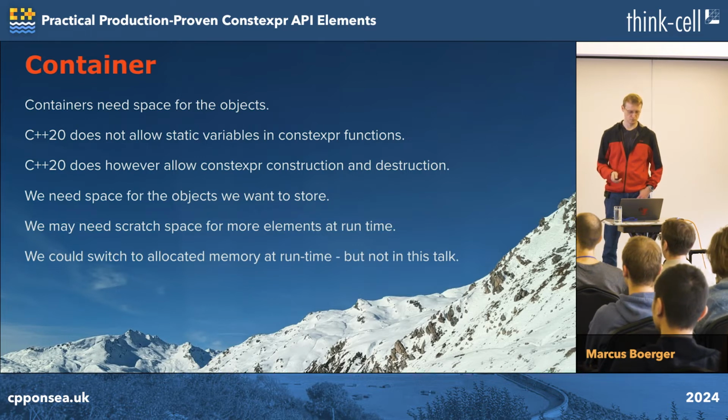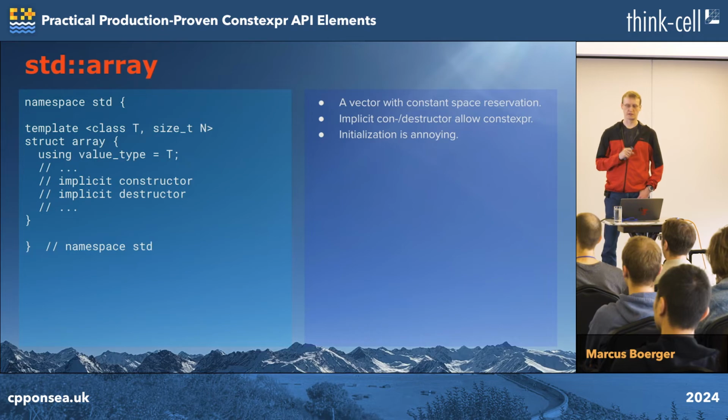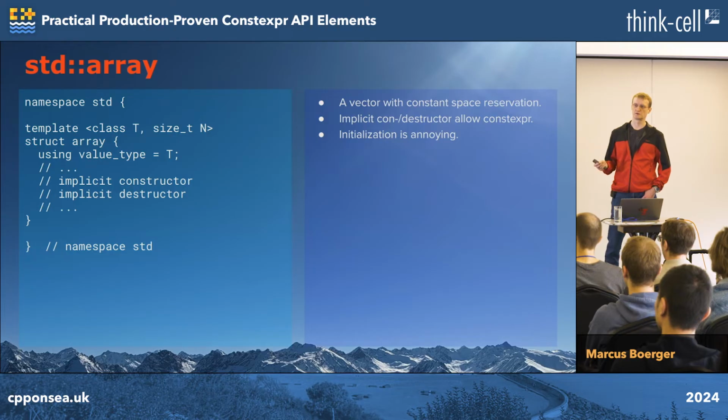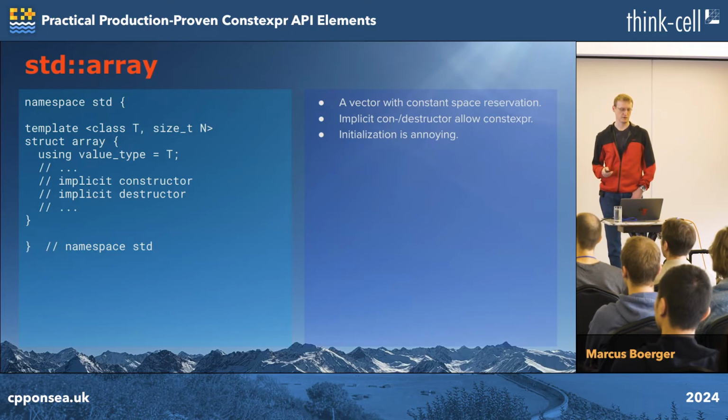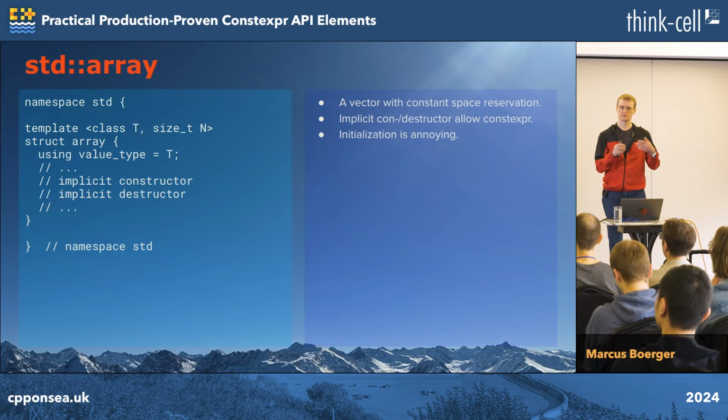Standard array, the first constexpr container that fully works. The interface is roughly like you give it a type and a size, and it has an implicit constructor and destructor. It can do crazy stuff, and they all suck. The one thing you want to know, there's a helper function coming along in 20 named to_array, and that allows you to take your list of values and shove it into the array, and then you have the correct array